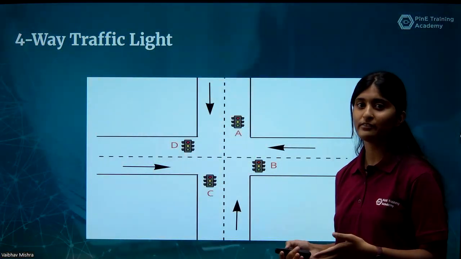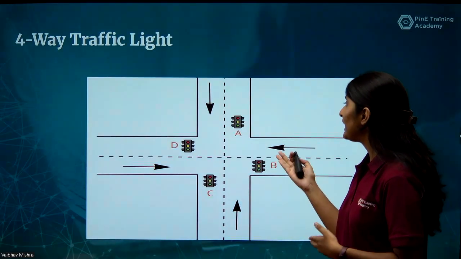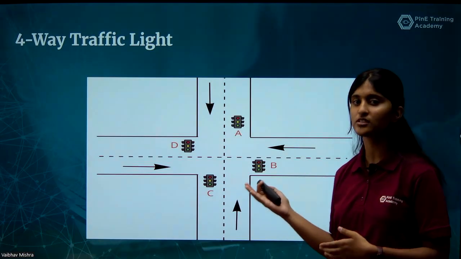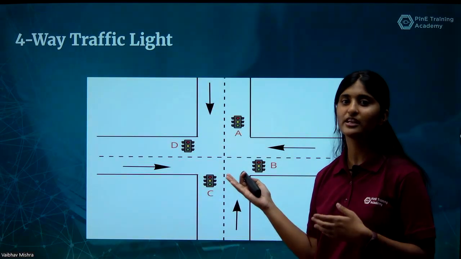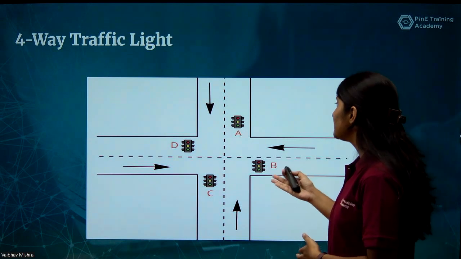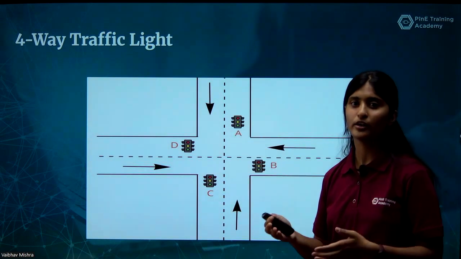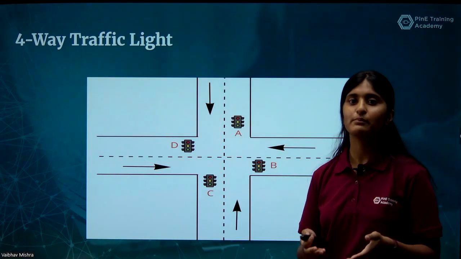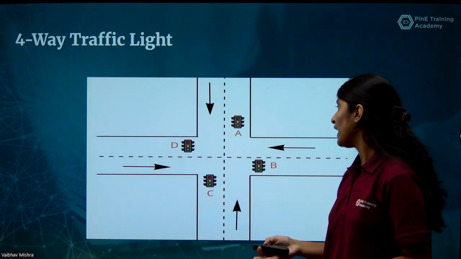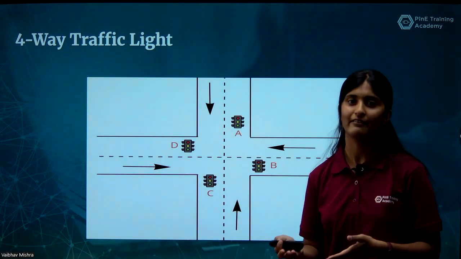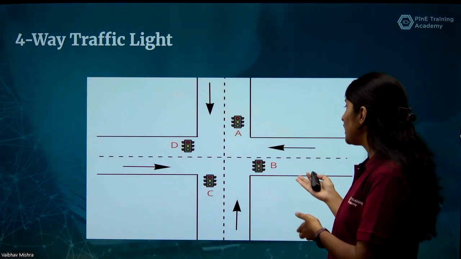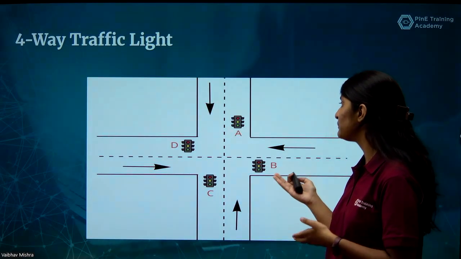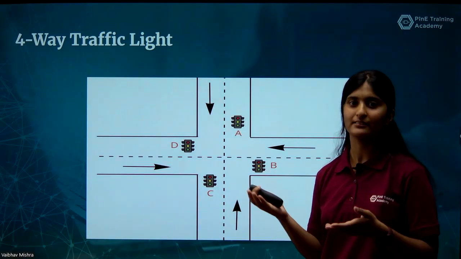So this is the four-way traffic light representation. The A denotes the north direction, the B denotes the east direction, C denotes the south direction, and D denotes the west direction. In our first state, the north direction will be on for 7 seconds and the signal will be green. Then in next state, it will be yellow for 3 seconds. There and all the other directions will be having red signal. Then similarly for east direction, when it will be green and yellow, all the other directions will be red. Similarly for south and then for west.